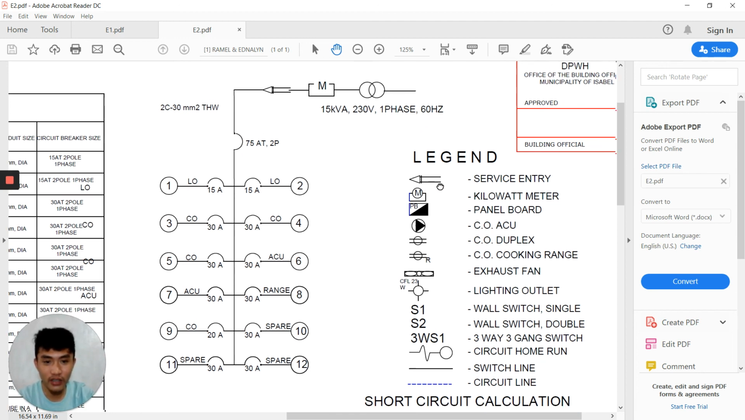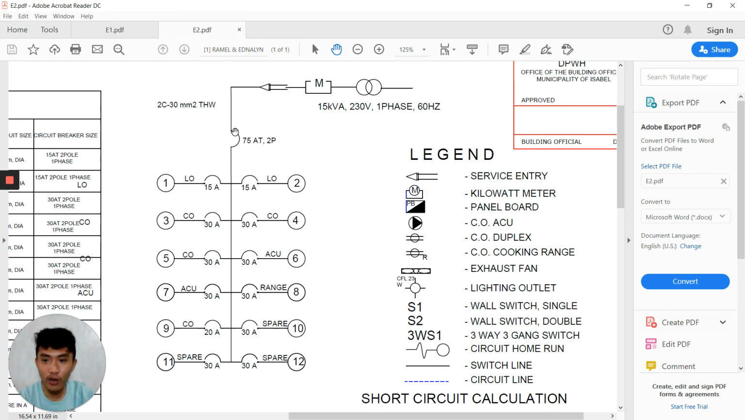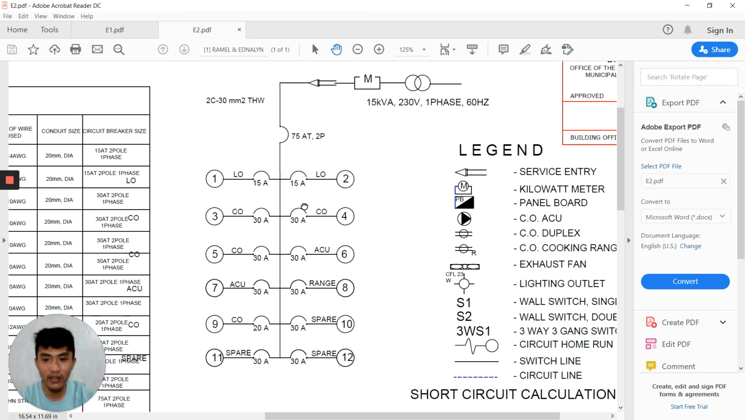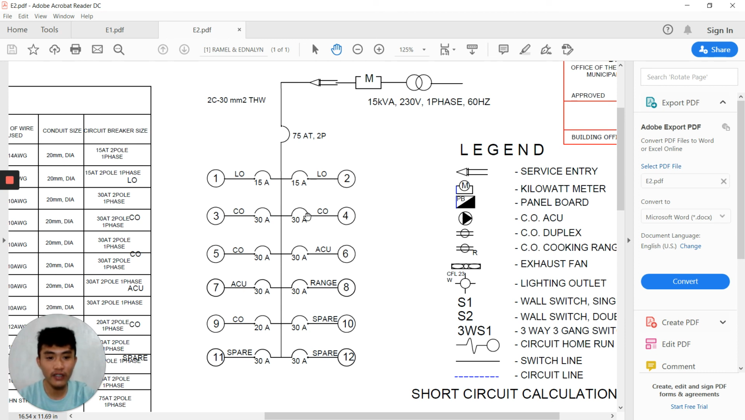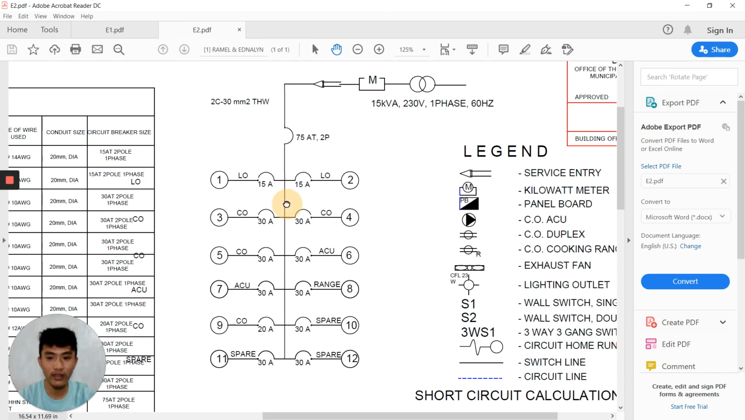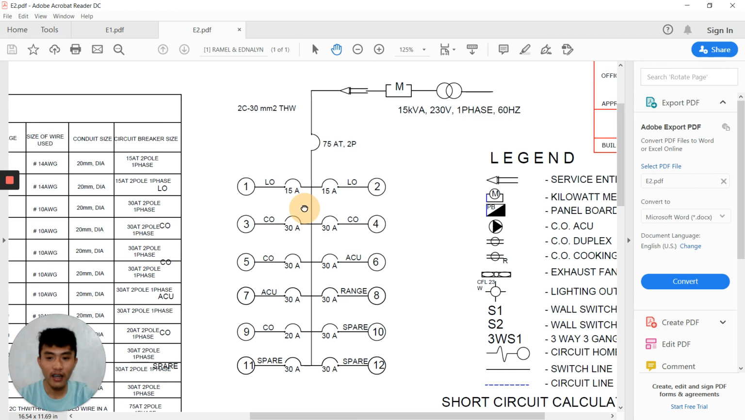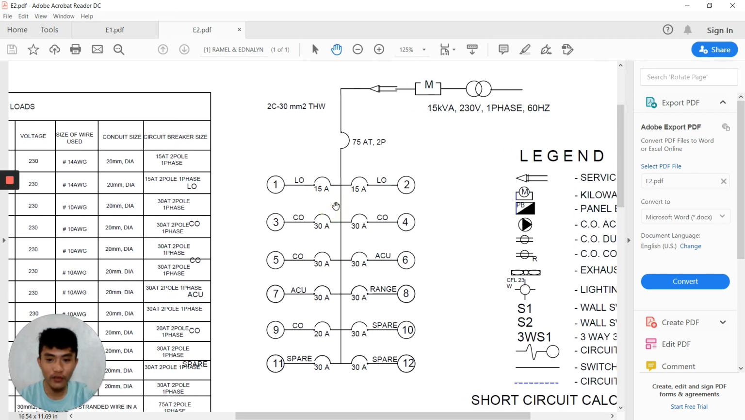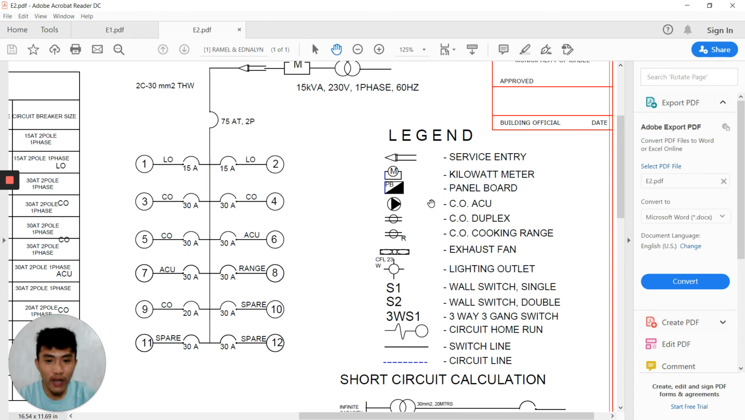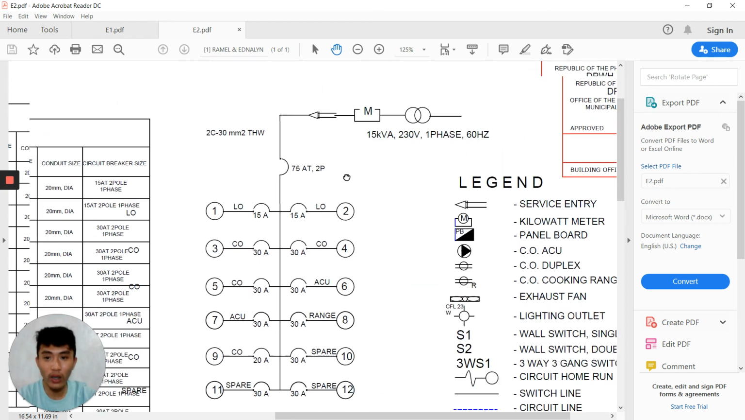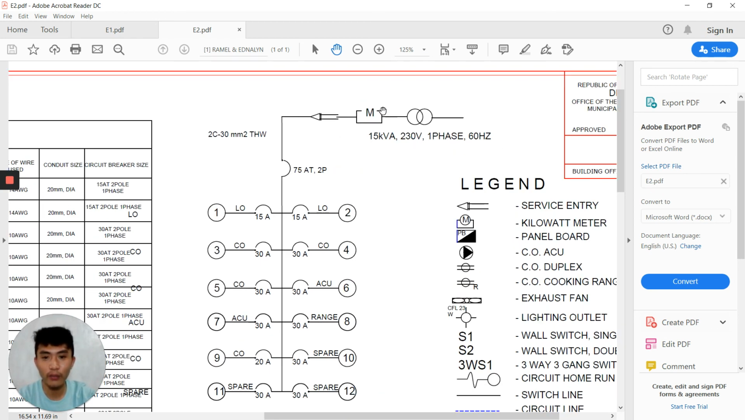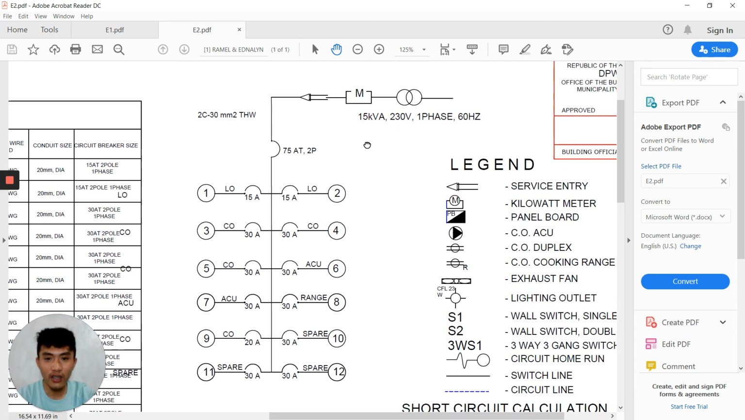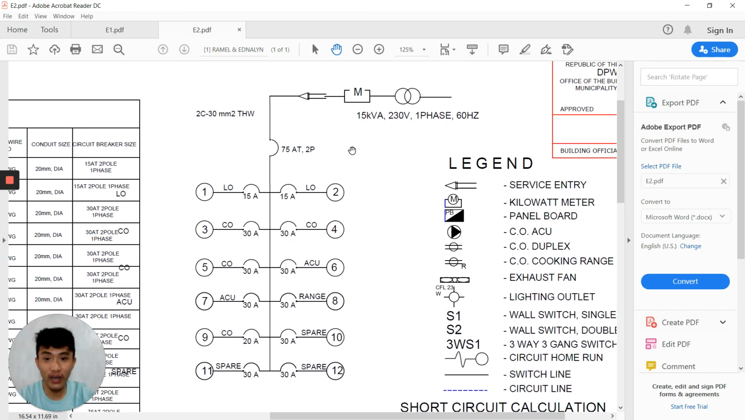And as you can observe right here, from the service entry it goes directly to the panel board, because the panel board is going to be doing the branching out of the different electrical wirings for the house. Now you also have here the kilowatt meter. The kilowatt meter is very important, because this is where people